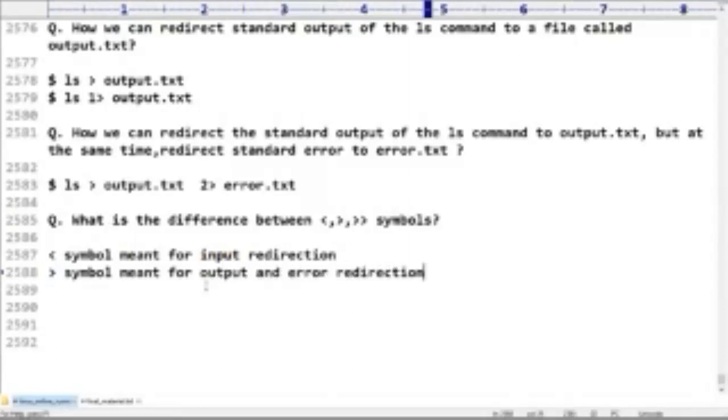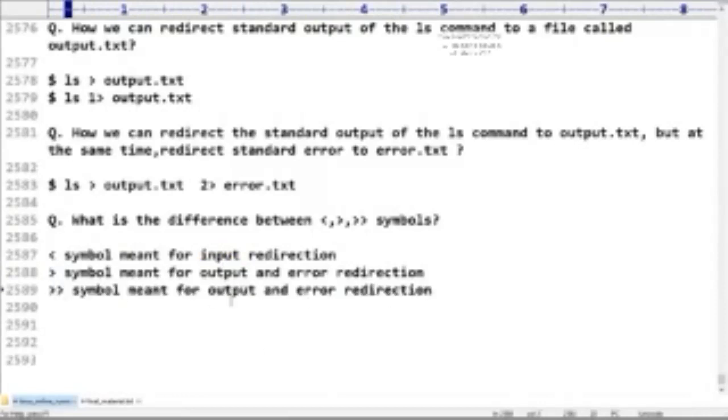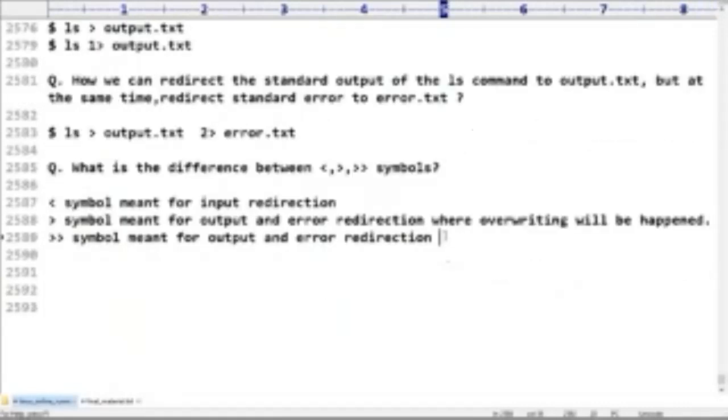The double greater than symbol is meant for output and error redirection where append will happen, instead of overwriting. Clear, right? Any doubt?